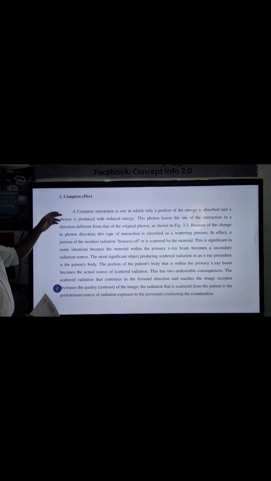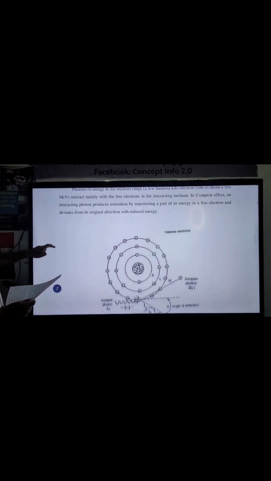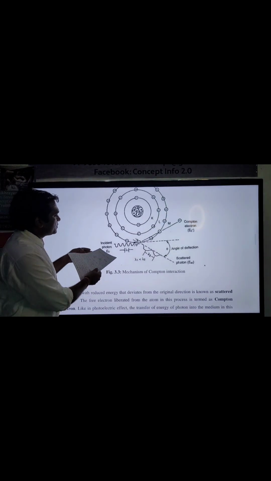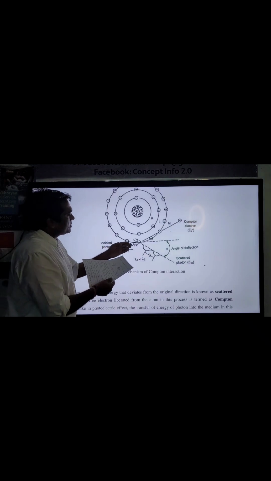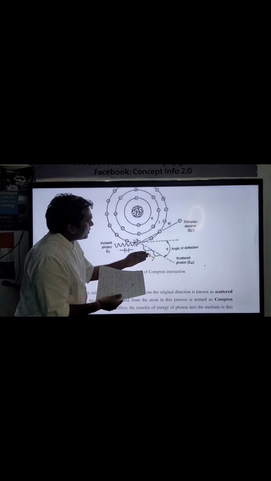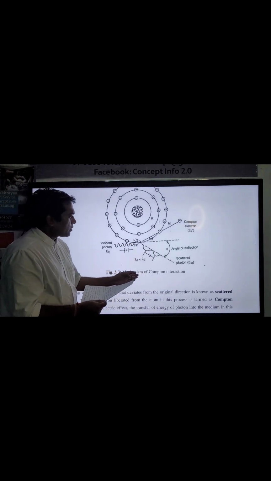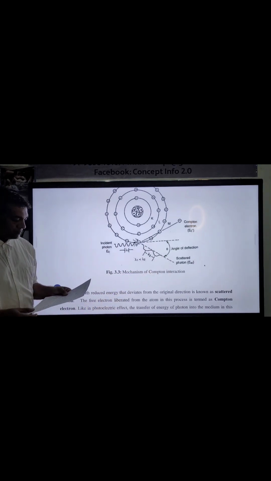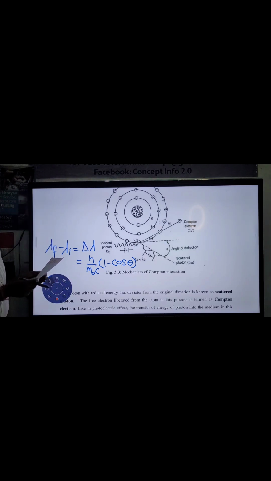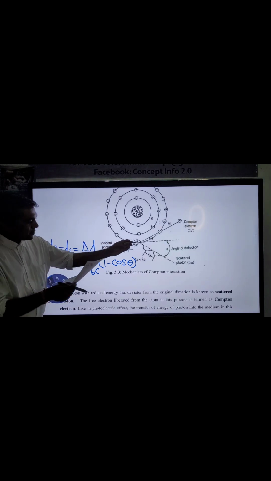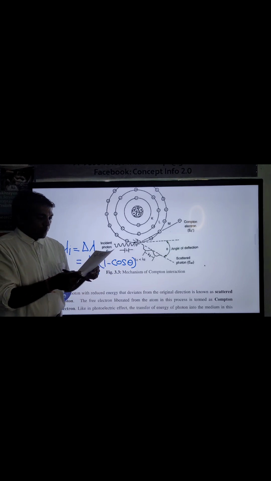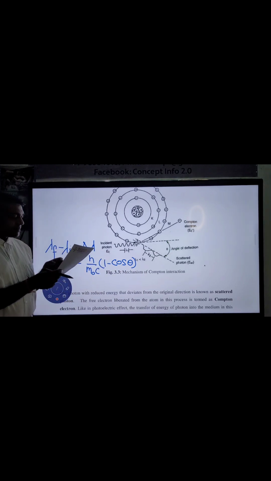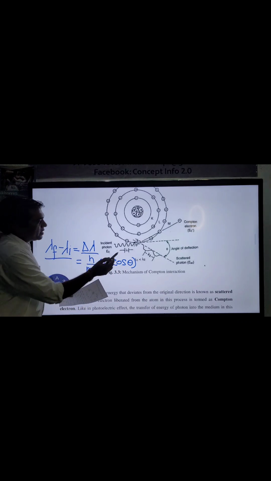And I will describe the Compton effect. This is scattering. Basically, a high speed photon is hitting this electron, and the wavelength is shifting. That is the Compton effect. And this is the formula. The Compton effect is the result of a high energy photon colliding with a target, which releases a loosely bound electron from the outer shell of the atom or molecule. The scattered radiation experiences wavelength shifting. This is the wavelength shifting formula, and this is the theta angle.